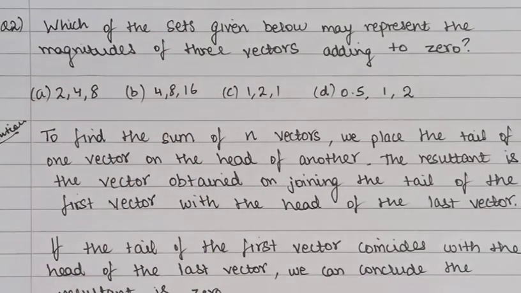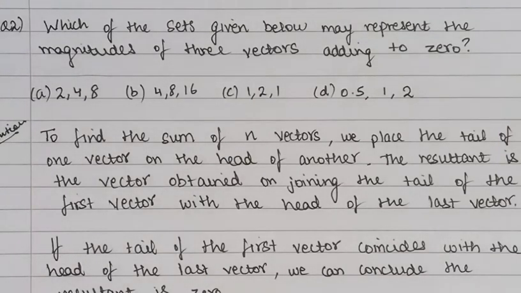Hi guys. So the question we have here says, which of the sets given below may represent the magnitudes of three vectors adding to 0? So now to solve this question, we first need to know that to find the sum or the resultant of